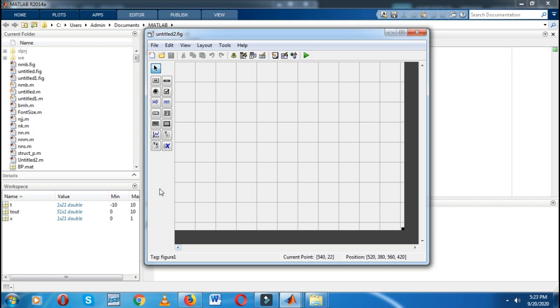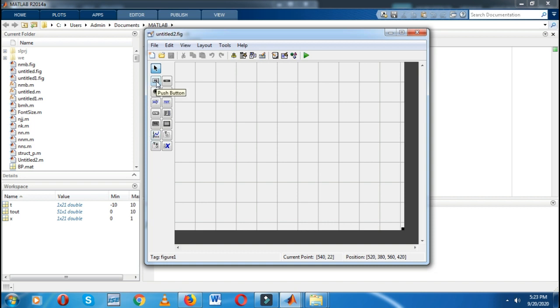Basically, whatever GUI concept there is, it is totally based on the button concept and the axis. How to use those buttons is the most important thing. There are different buttons.